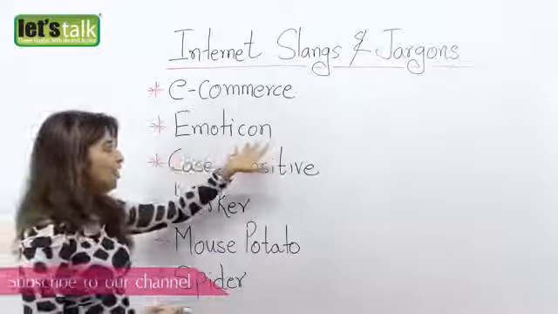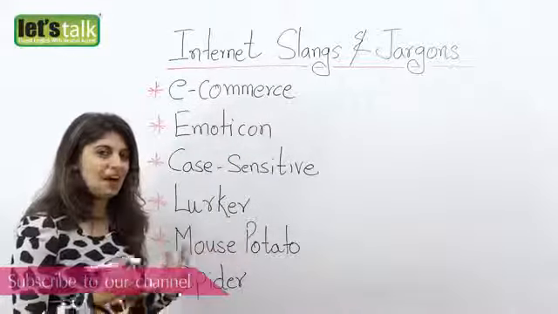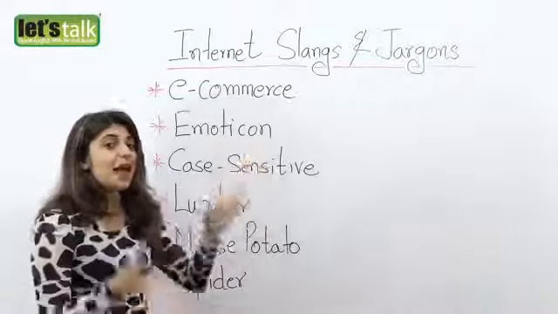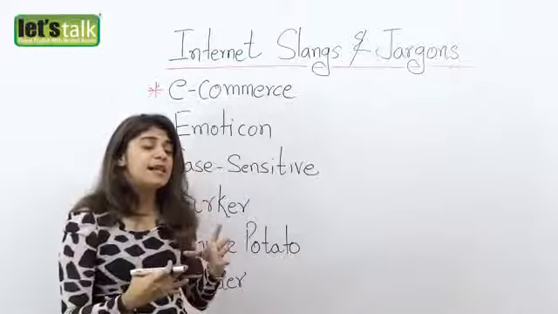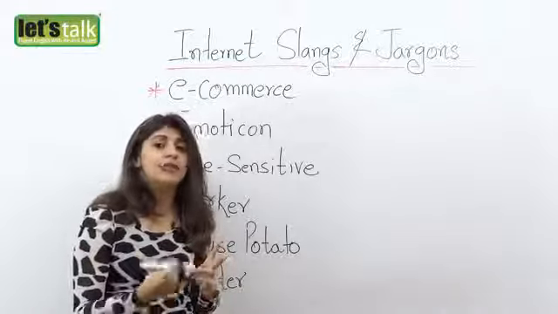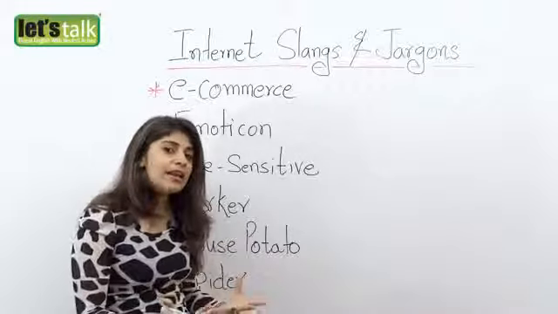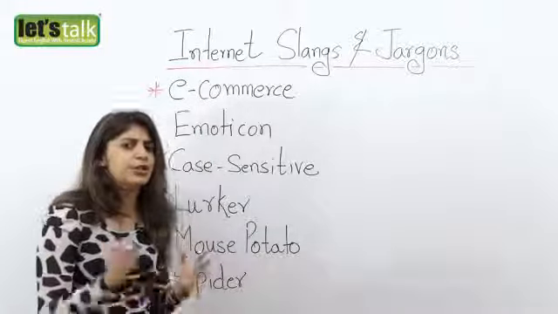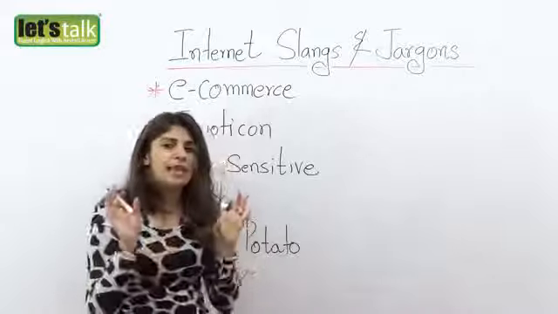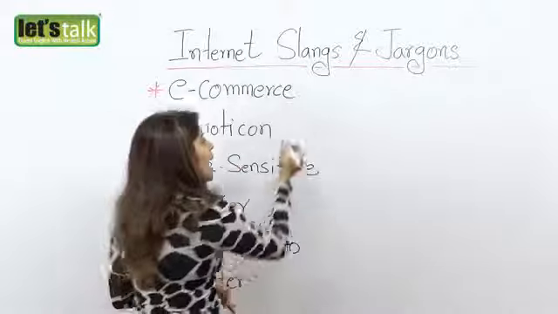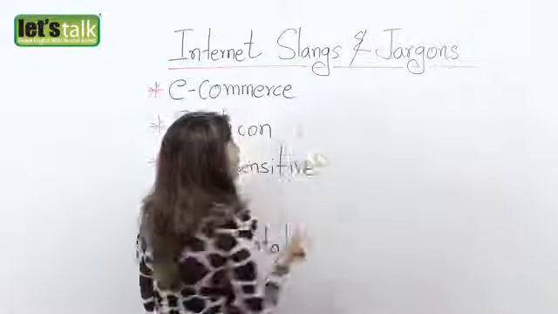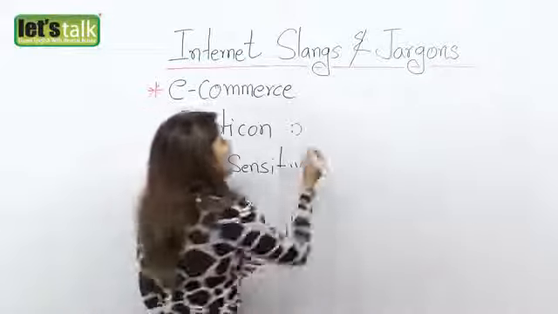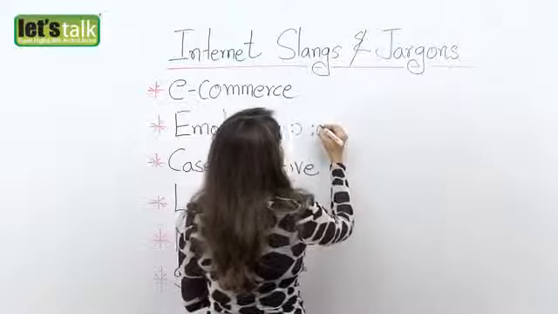Then we have emoticon. Well, that's my favorite because anytime I am writing an email or even chatting, I do use emoticons, and what they mean is they represent emotions. They represent facial expressions, and they are created by using a combination of our keyboard characters. For example, you know how we have these yellow smileys? That's what emoticons are. For example, this gives you the yellow smiley face, which is smiling, and a combination of these characters.